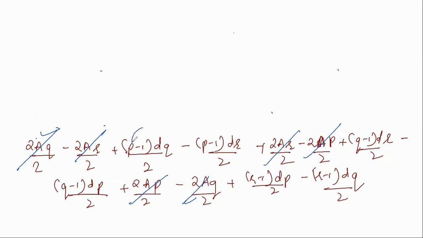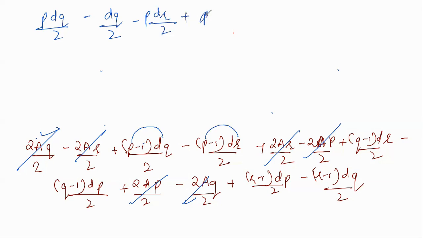When I multiply p with dq and 1 with dq, p with dq will be pdq over 2, minus 1 multiplied with dq, which is dq over 2. Then this one, p with dr, so pdr by 2 plus dr over 2. See, minus 1 multiplied by dr is minus dr, but there is a negative sign outside also, so minus minus is plus, that's why it's plus dr by 2, right? Okay, next we have this one, q multiplied with